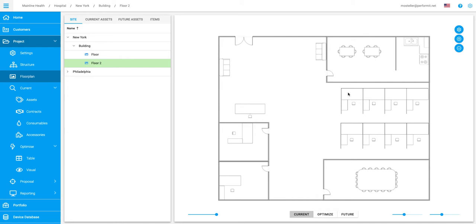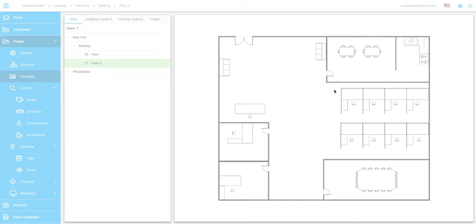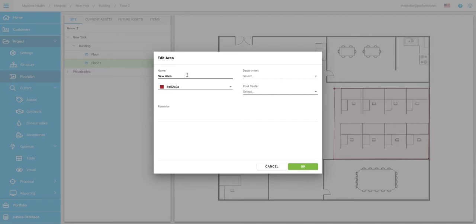The other thing we can do is we can draw areas. So let's say I want to call this whole section 1 department. I want to say I want to add area. And then I click. You can see I'm going around that area, and it doesn't have to be a square, it can be any shape you want. I go back to the beginning and I click it, and here's my area. Let's call it purchasing